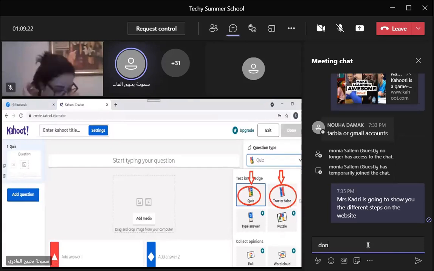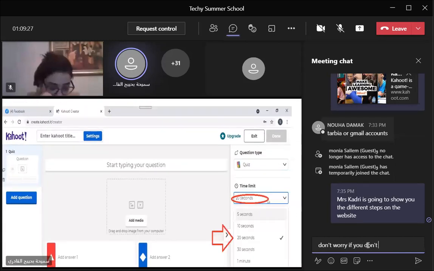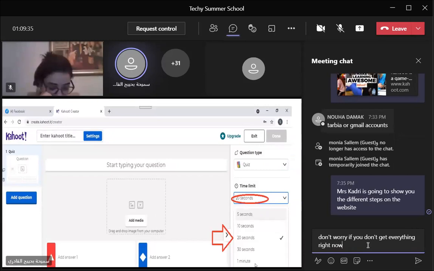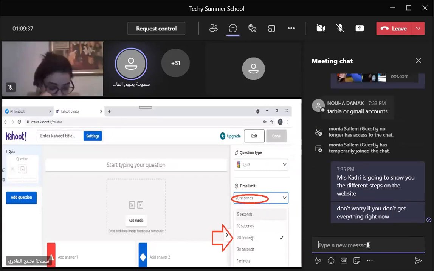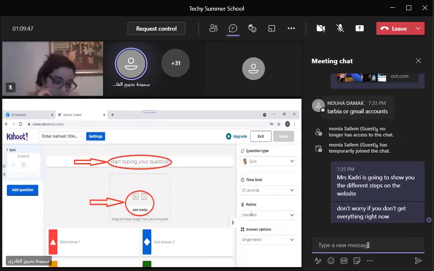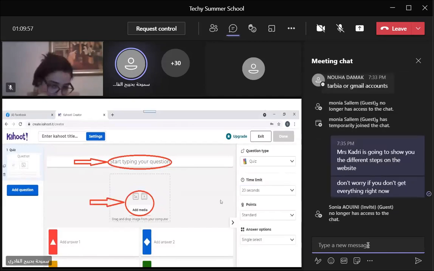Then you are going to decide the time limit, whether from 5 seconds to 1 minute, as you have seen in the game that we played together. So here we can play 20 seconds. It depends on the level of the pupils or the participants, the level of difficulty of the task itself, etc. Before that, you can also choose the score, the point given to each correct answer. Either it is standard. If you click here, you can find standard, or double, or no points. Okay, so choose one of them.